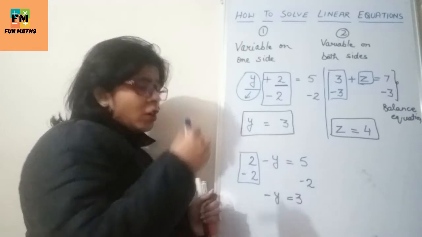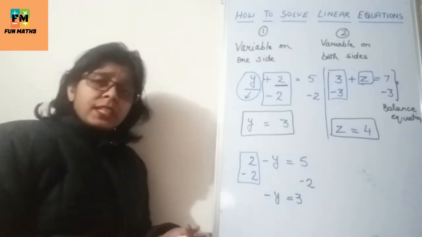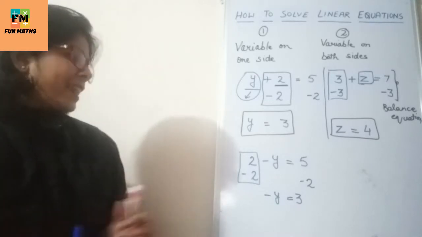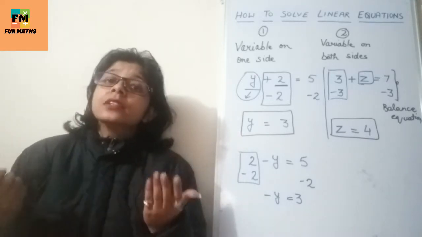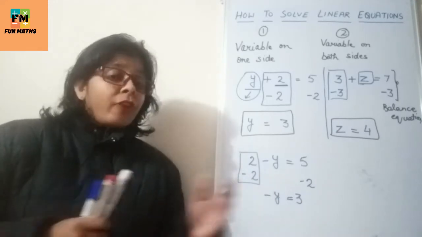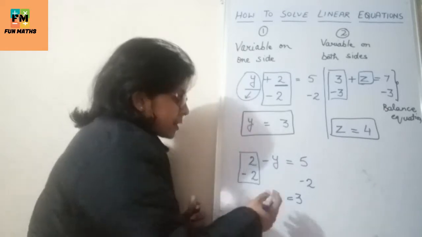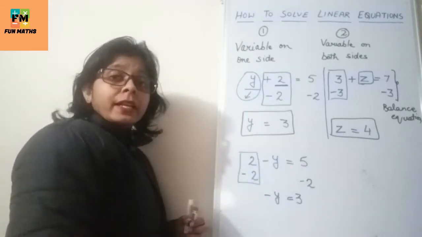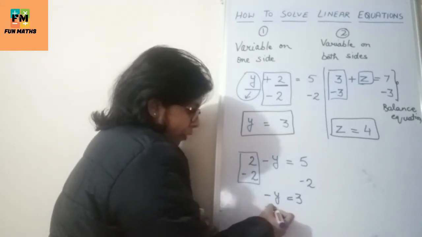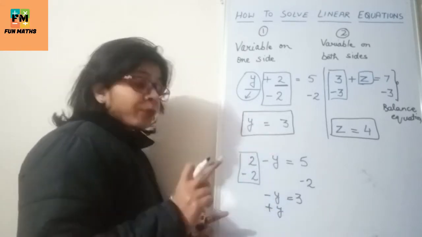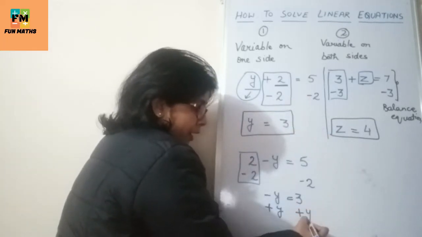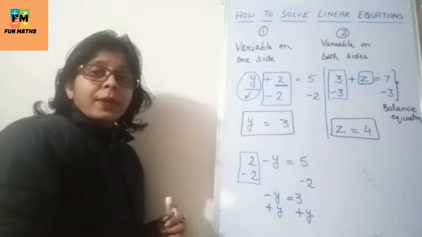See, variable is y. As this minus also belongs to y, how to get rid of this minus? How to isolate this y? Next question arises. Can we subtract variables also? Can we add or subtract variables also from here? Yes, we can. See, if I want to remove this minus, because this y is with minus sign, right? If we add y over here on the left hand side, now to balance the equation, we have to add this y on the right hand side also, right? If we do this, what happens?